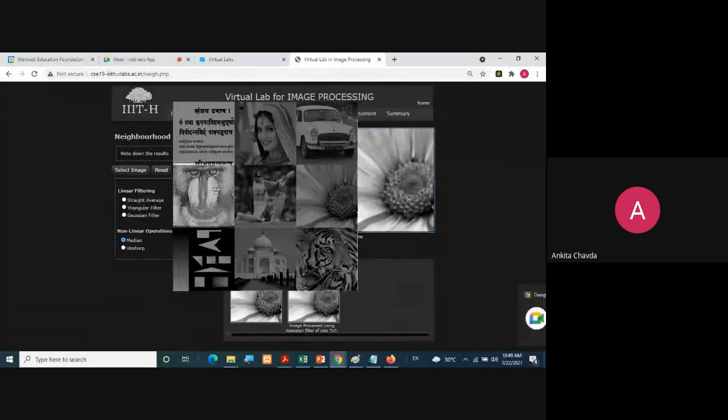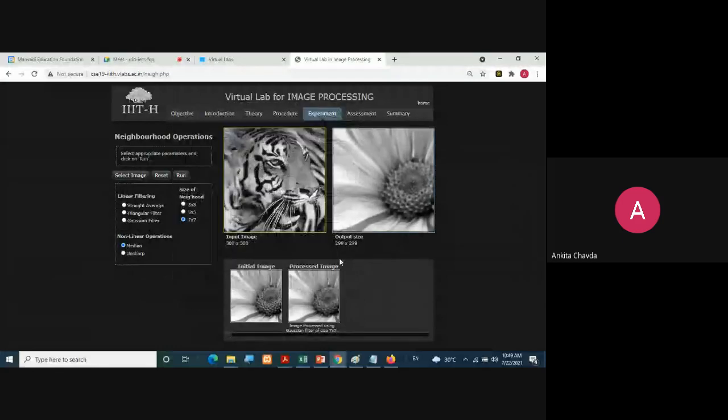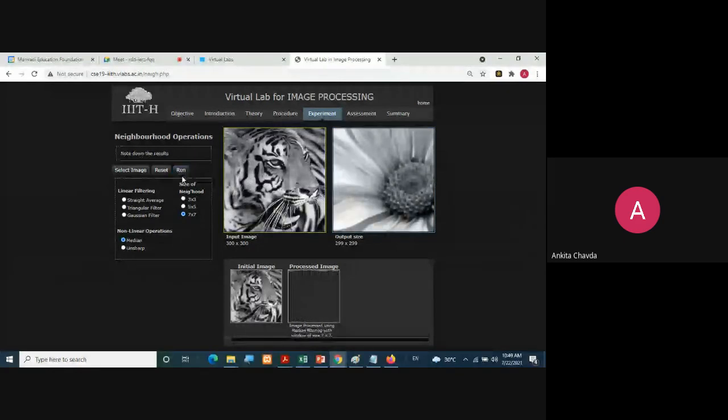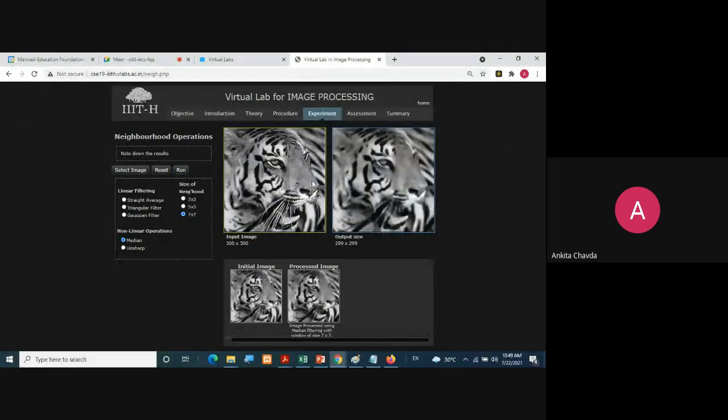Wherever there are white and black dots, they will be removed. So I am applying the median filter here, and when we run it, just check this portion especially. It is removed. So that is what the median filter does.